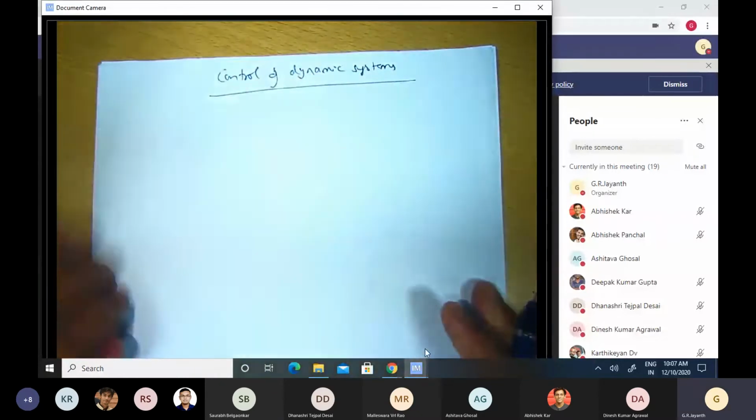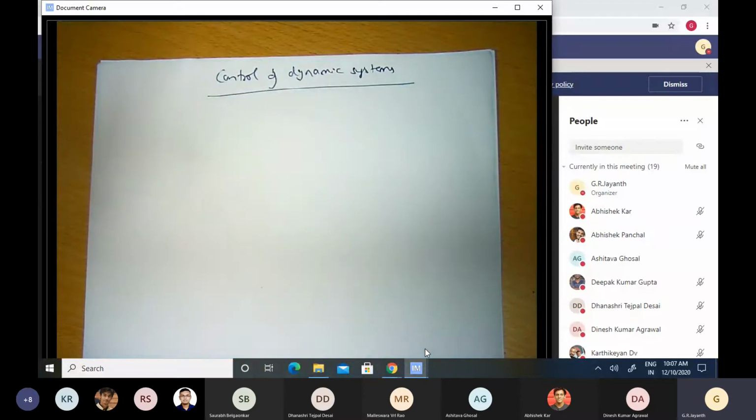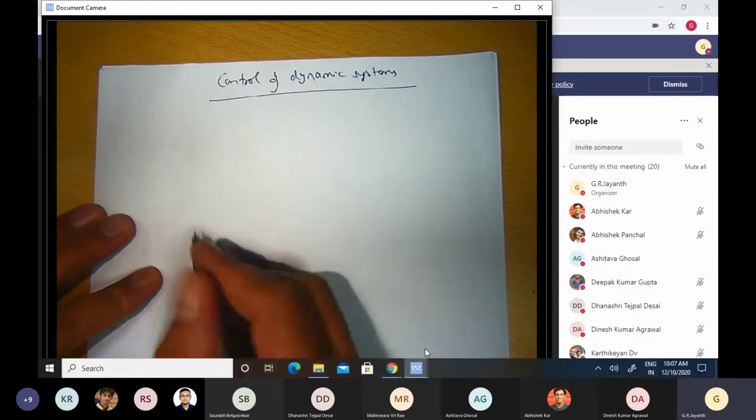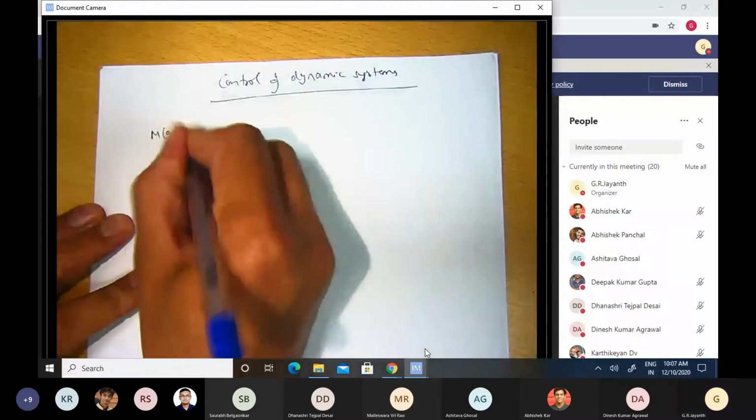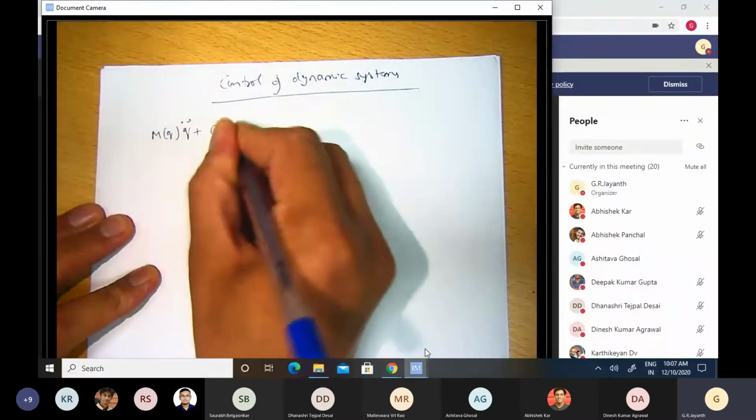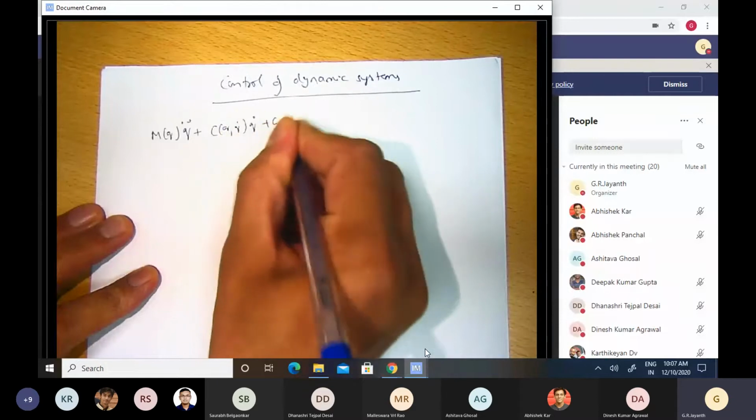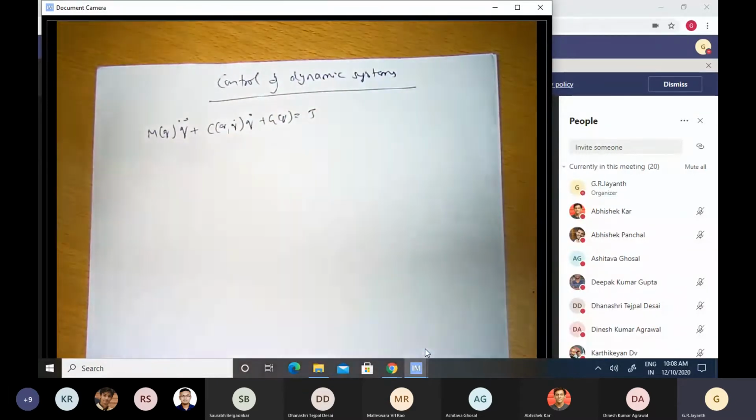Okay. So if you look at the effort that we have put in over the last few months, starting from October, at one level you can say our goal was to learn how to write down the equations of motion for multi-body systems, starting with single rigid bodies and subsequently multiple rigid bodies and other components connected to these multi-rigid bodies. Now, the equation we ultimately obtained was something of this kind: M(q) q double dot plus C(q, q dot) q dot plus G(q) is equal to tau.